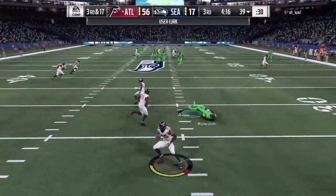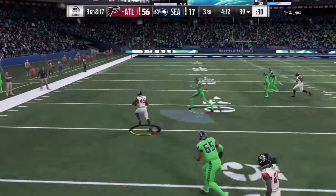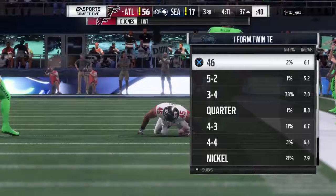He's going to fire one deep. And Wilson's going to be intercepted a 3rd time, picked up by Deion Jones, the linebacker. And he's got some space here. And they finally put it into the...